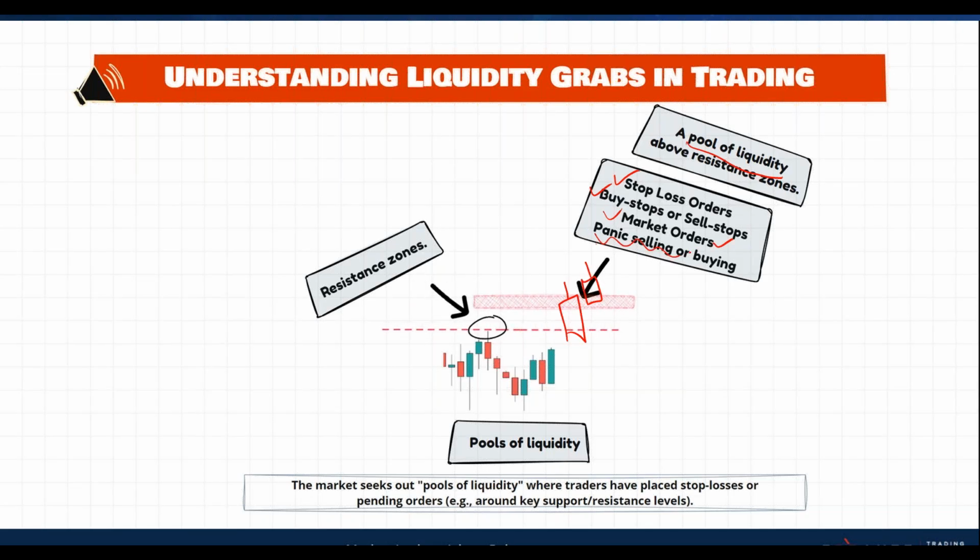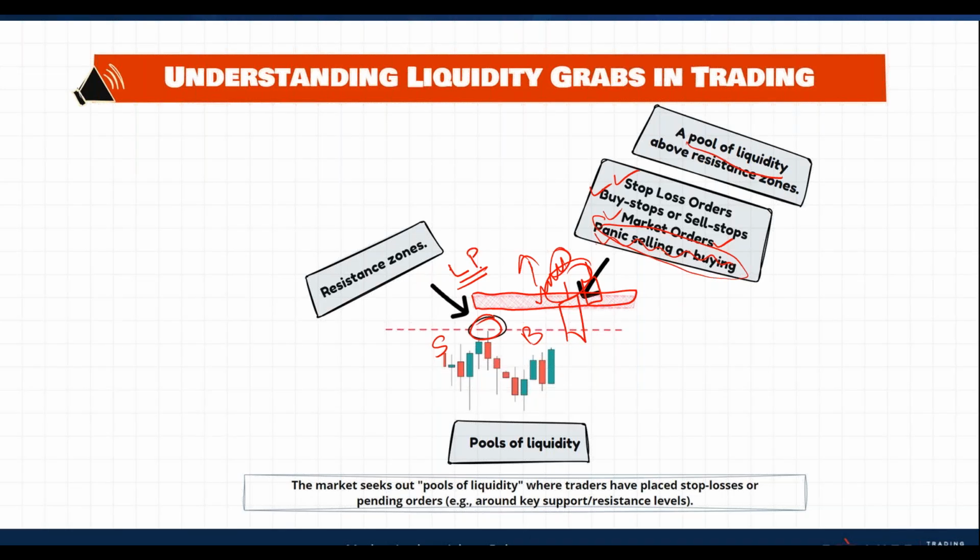And then panic selling and buying. What this means is fear of missing out. If I am a seller, I panic that the market is going up and I may face a loss. Or if I am a buyer, I fear that the trend is going up and if I don't enter now, I'll lose the trend. These guys are known as panic sellers or panic buyers, who just hit the gas in no time. So the main thing is, this area above the resistance we can name the liquidity pool, LP.